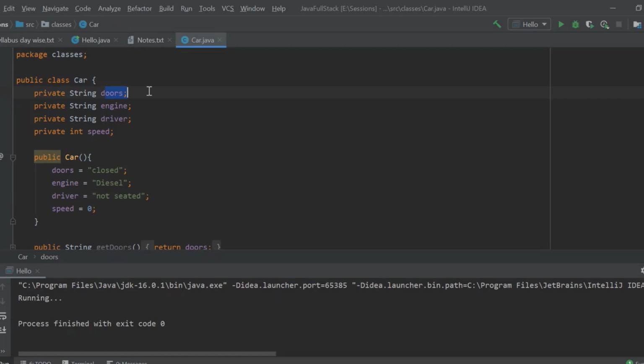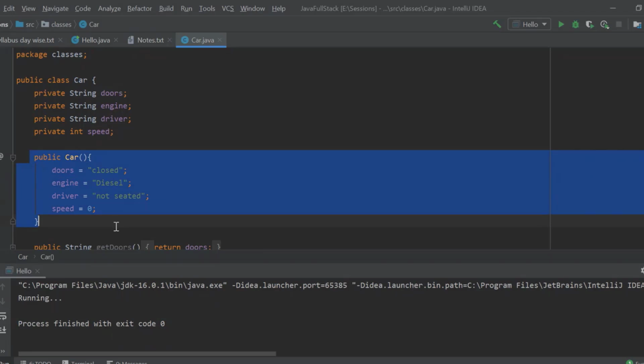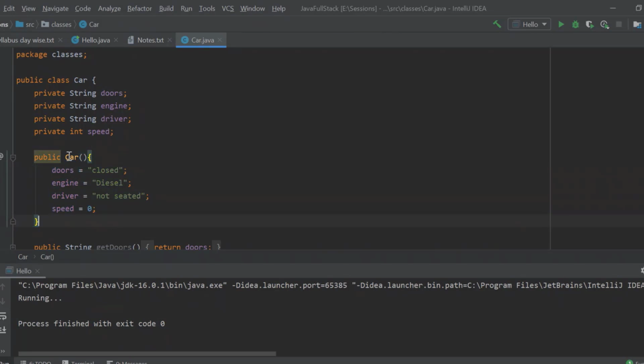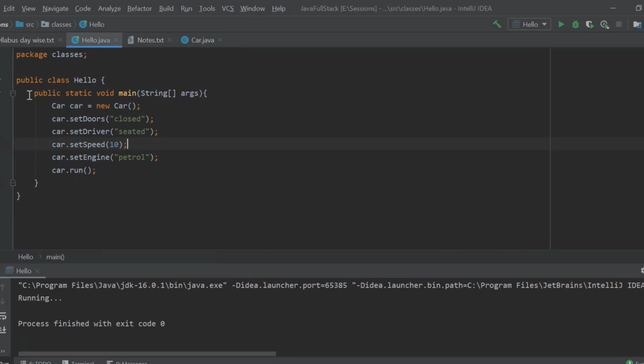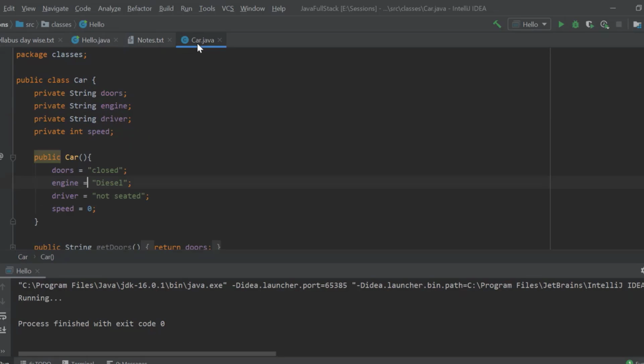Okay, so what is happening? My default values are automatically being called and initialized with the help of our constructor. Okay, I am not calling this method. I am not giving my default values with the declaration. No, I'm not doing any of those things. Automatically, when an object is created for this car in this particular line, you can see that this new car, that is my constructor. When the line is given, automatically my constructor is being called, and that too, this will be my default constructor.